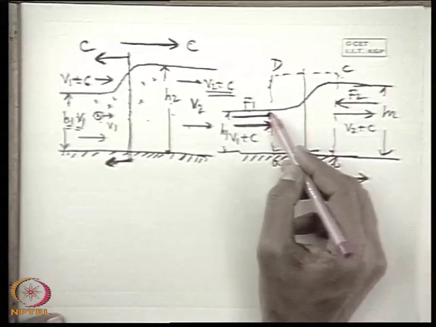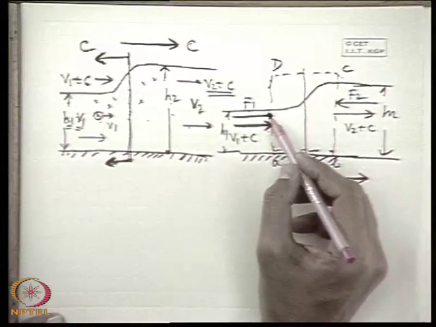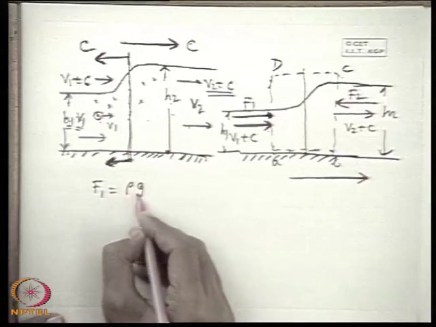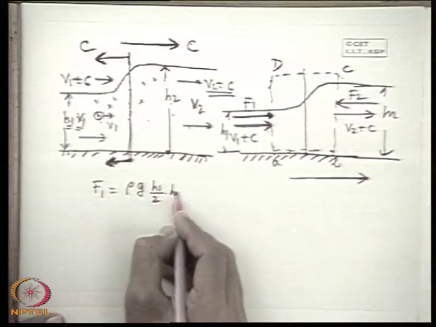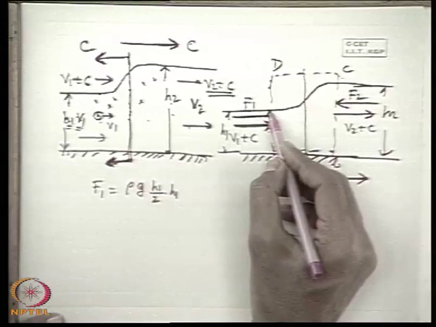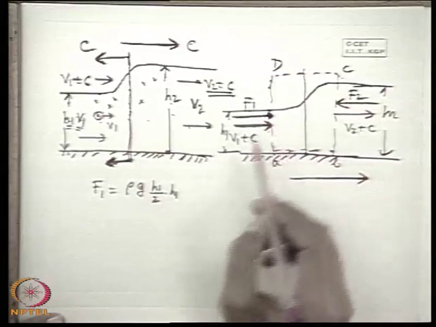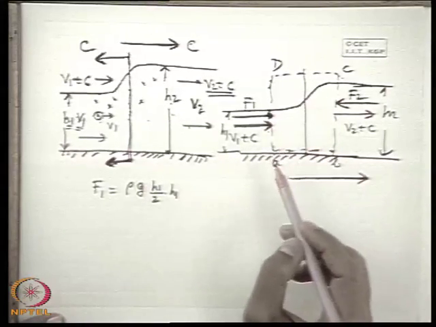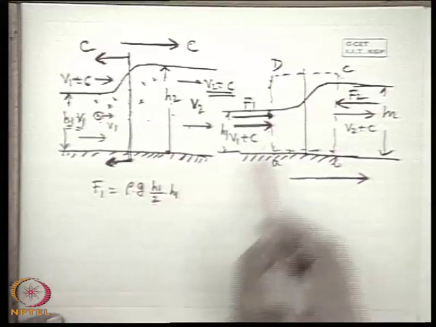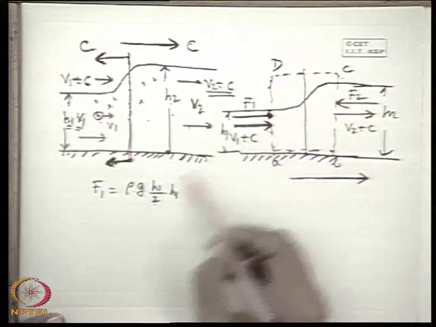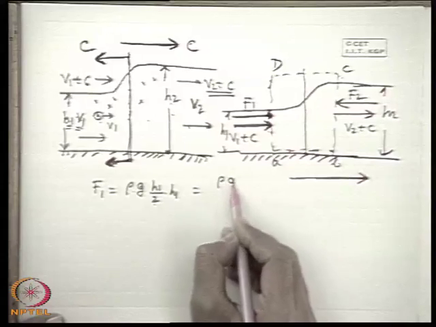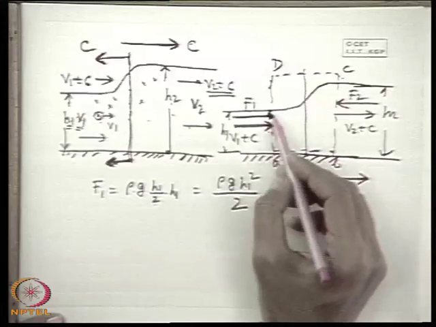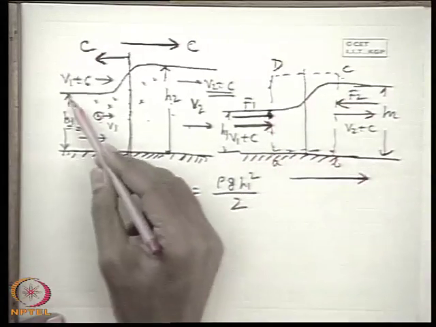But the thing is that the hydrostatic force here is due to the static pressure variation in this fluid throughout this height h1. So what is that value? We have already discussed this in fluid statics. This F1 will be rho g h1 by 2 into h1. If we take a unit dimension in the direction perpendicular to the plane of the paper, that means the width of the channel is unit, then rho g h1 by 2 is the pressure intensity at the centroid, and then area is h1. So simply rho g h1 square by 2 is the hydrostatic pressure force on this surface AD of the control volume. That is due to this part of the liquid.